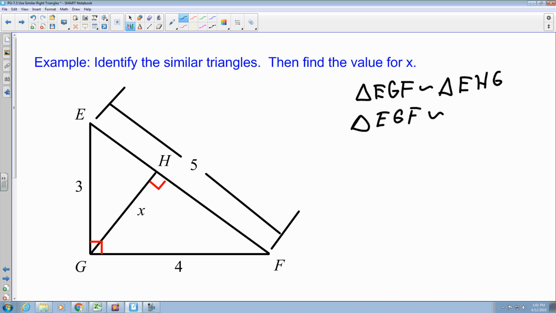I want to see that's going to be similar to, now if I look at this triangle here, my short, it's going to be triangle GHF. And then finally, I can say that triangle EHG is going to be similar. So EH, that's the smaller side length. So I can say that it's going to be triangle GHF. All right, so